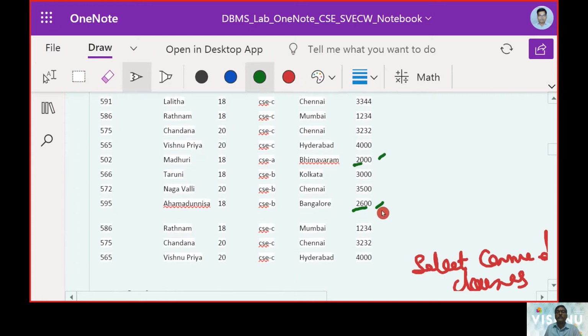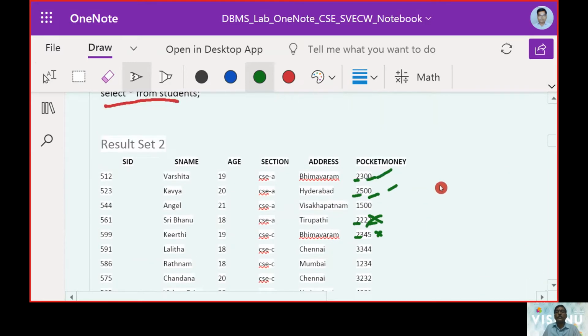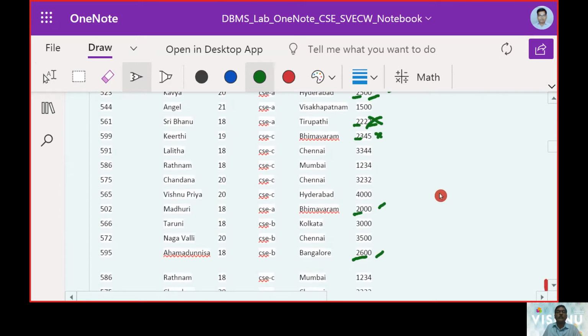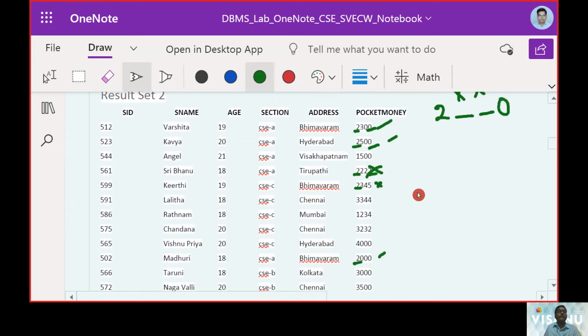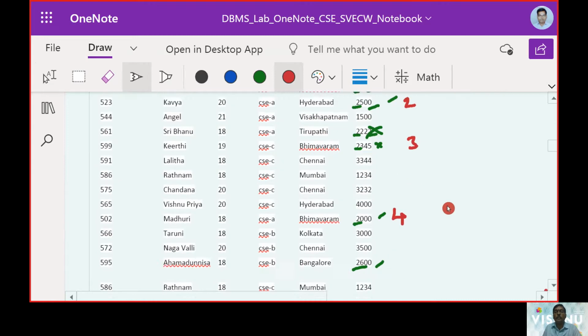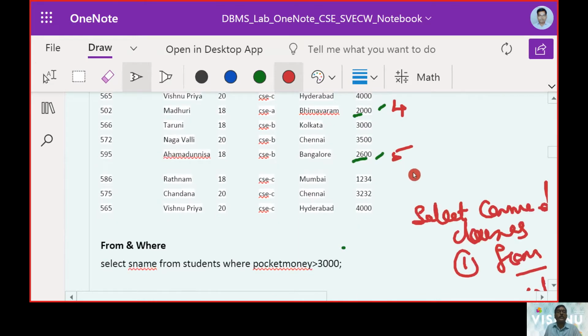So these are the values meeting the condition: first should be 2, last should be 0, and the middle can be any value. So the total number of rows we are expecting will be 1, 2, 3, 4, 5 rows. So we are expecting the answer for 5 rows.